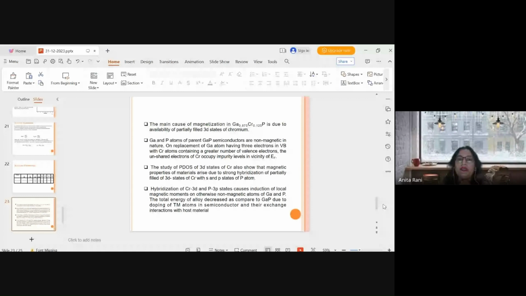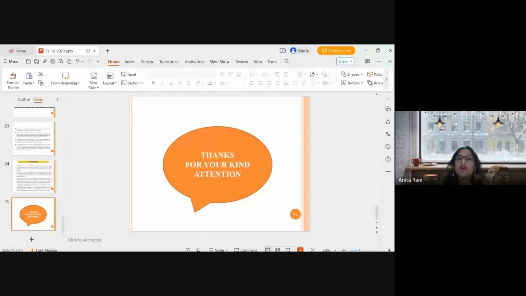Hybridization of chromium 3D and P states causes induction of local magnetic moments on the non-magnetic atoms. So that's why the total energy of the system decreases and their exchange interaction occurs inside the host materials. So the major challenge is the same here, that we have to find the